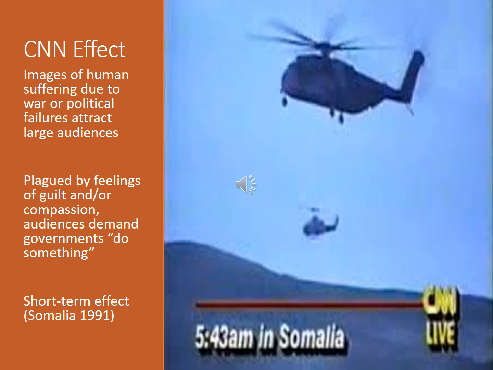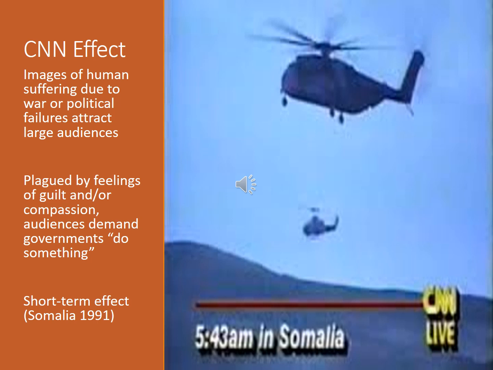And so that will result in military force and military assistance being authorized to do something about this humanitarian catastrophe, even though it might be very problematic to send military forces into the middle of a civil war, as was the case in Somalia. And notice that in the short term, there was a positive effect in that the famine ended, but in the long term, you had sort of a reverse CNN effect in that the price of stopping the famine and trying to end the civil war was having American soldiers fight and ultimately be killed in places like Mogadishu and Somalia.